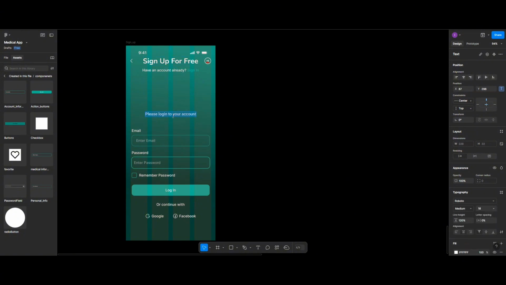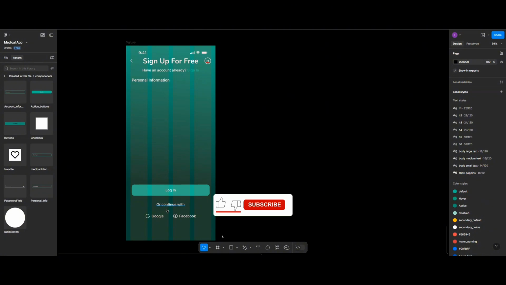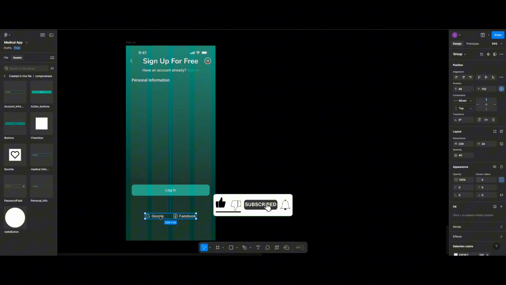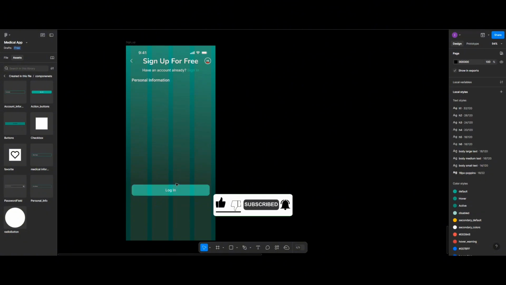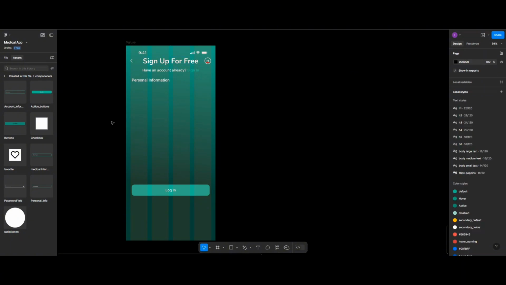Now let's edit this to personal information. So this is going to be the personal information and we'll take it somewhere around there. Okay, select this and delete it. Select this, delete it. Select this, also delete it. All right, so now let's select this frame and make sure it's centered. Okay, all right, so now let's go back to our